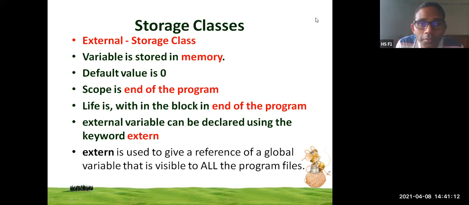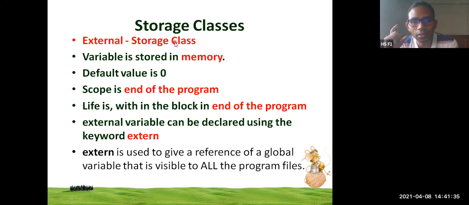So external storage class is the last one. We have seen automatic storage class are those variables which are created automatically on the RAM. It will be having a garbage value in it, and the scope of the variable will be within the block, opening flower bracket, close flower bracket. Second one is registers.